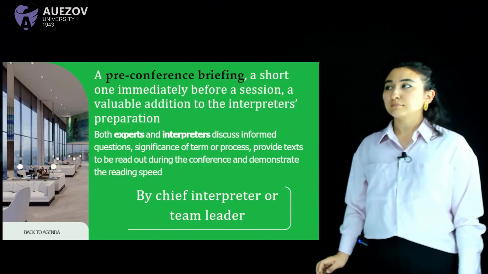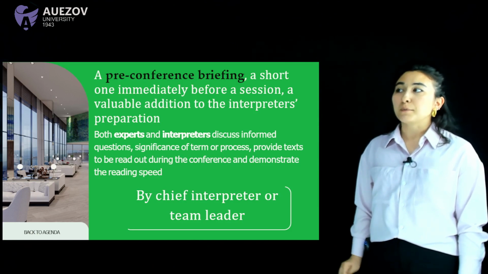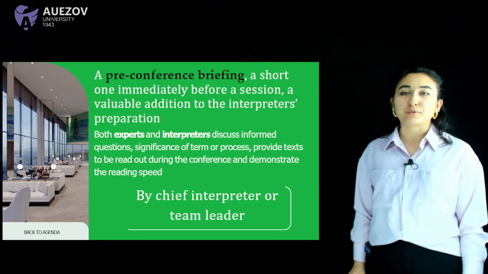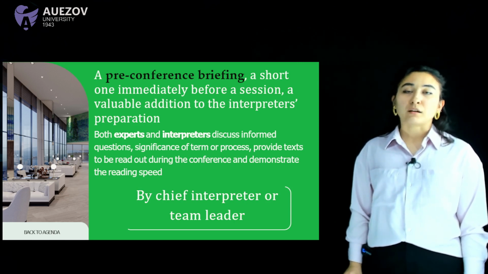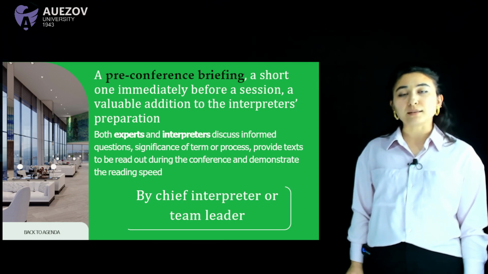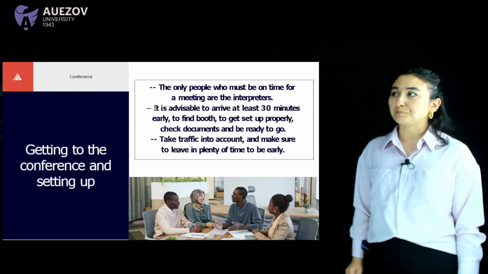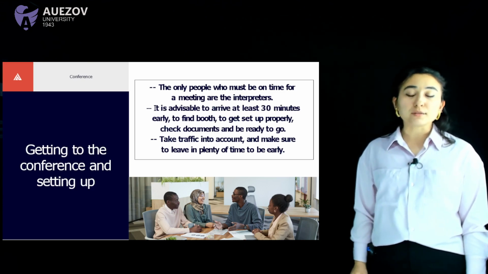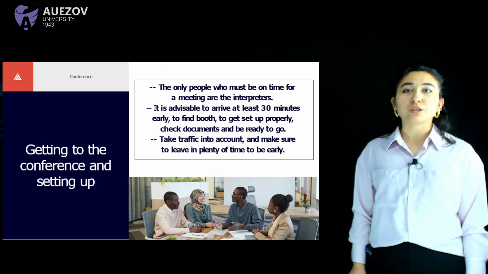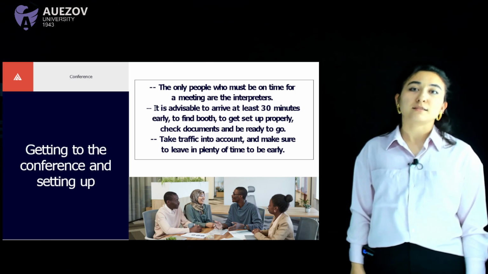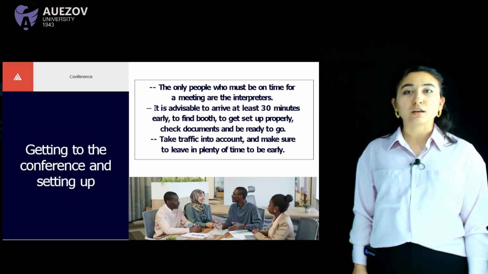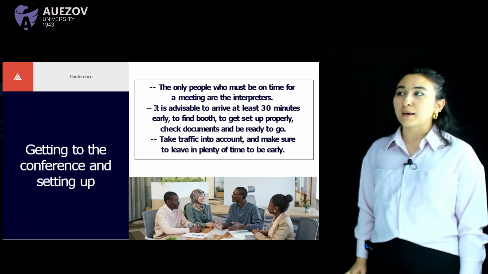Next thing, pre-conference briefing. This is a short one immediately before a session, and it's a valuable addition to the interpreter's preparation, where he can get the answers for the questions and understand the topic of the conference. Next, getting to the conference and setting up. The person who should come earlier to the conference is the interpreter. For example, 30 minutes earlier, he should come and check the technical equipment, the documents,